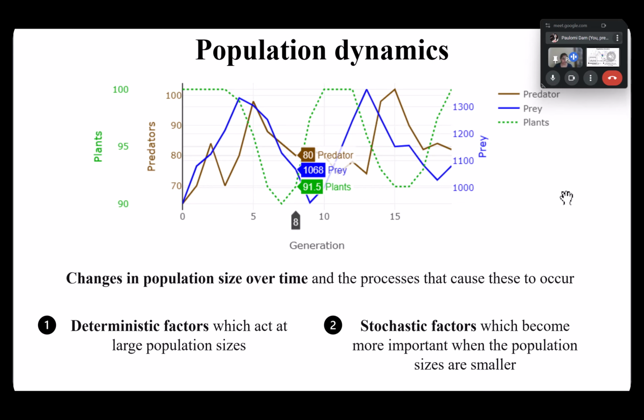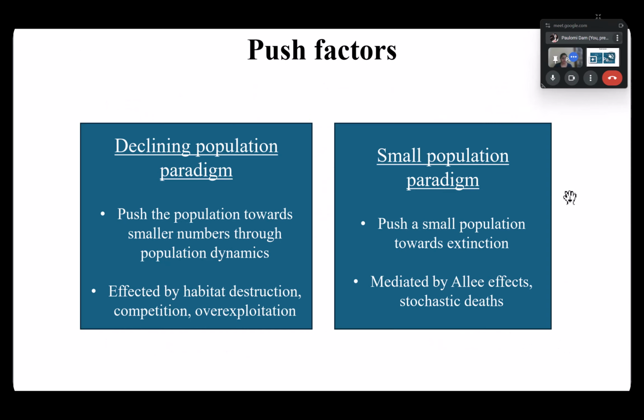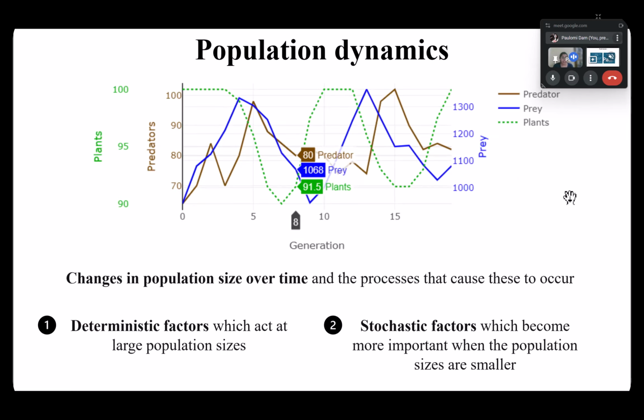So in the previous slide here, right, moving to population dynamics, which looks into these factors and helps us understand how the population of organisms changes over a period of time in nature. Before I explain what this actually means, if you look at the graph here, you have a brown line as predator, blue as prey, and the dotted green lines representing plant population. These are population sizes, okay?